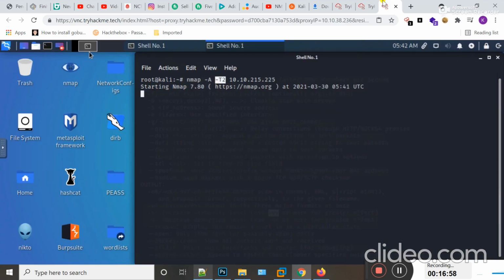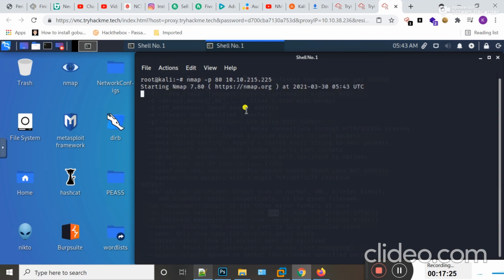If I type here nmap, and then I use the -p switch for port, and then the port number which I want to scan, 80, then 10.10.215.225, and hit enter.